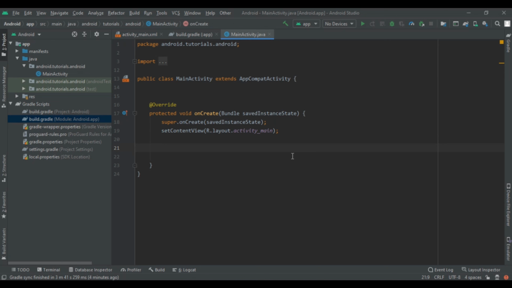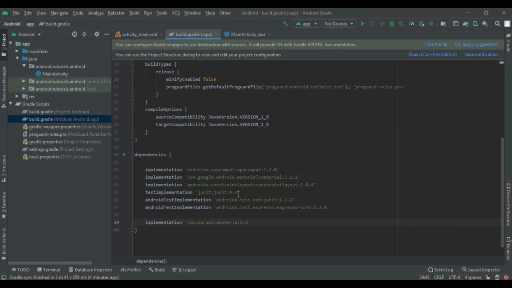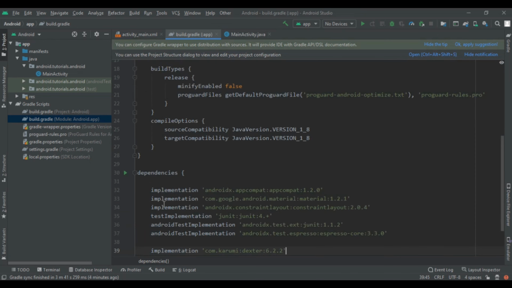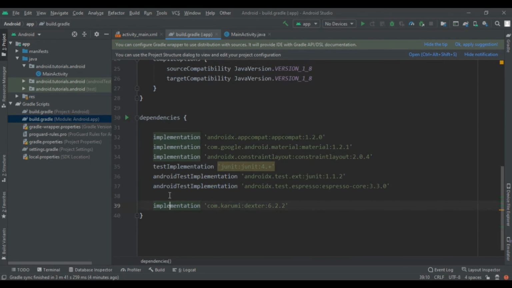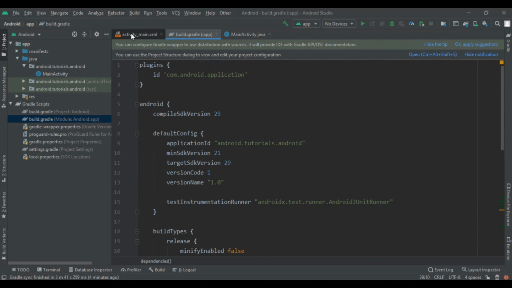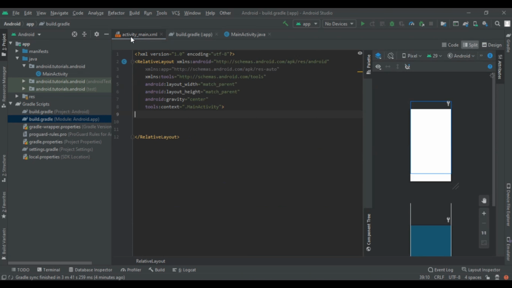But now I am going to explain how to add the runtime permission using the Dexter library. So let's get started with today's video. First of all, we are going to go to the build.gradle file, app level module, and add this Dexter library. You can see it, pause this video and write it in your project. When you write it, build your project, that means sync your project. It will take some time, so relax, and when it's complete, we are going to implement our project.